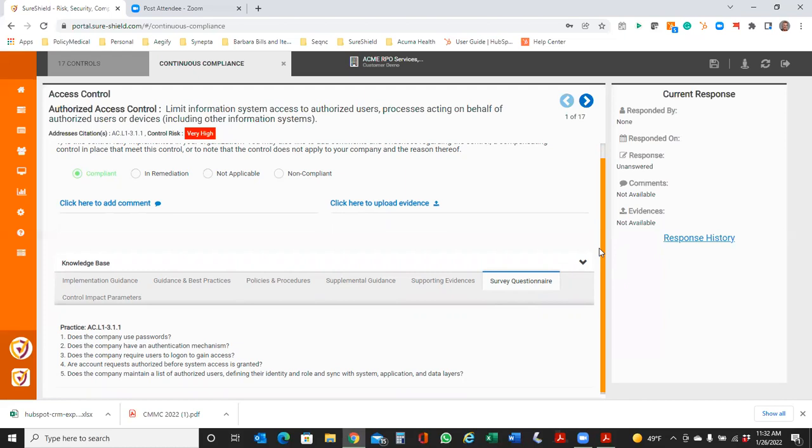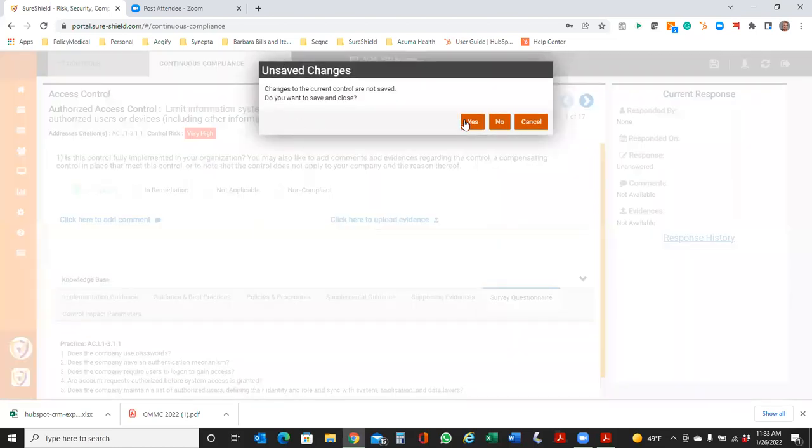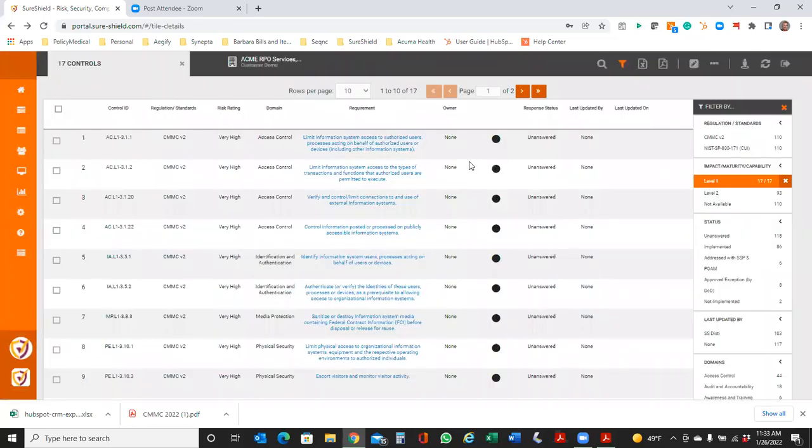in going through this. And ultimately what will be happening if and when you have to go through an audit or an assessment by a third party as well. Anytime that we're answering questions and updating this, because this is a continuous tool, all your response history will be documented and held on to. So you can see over the periods of time how things have changed with you, because again, this is a continuous process. I'm not going to save this.